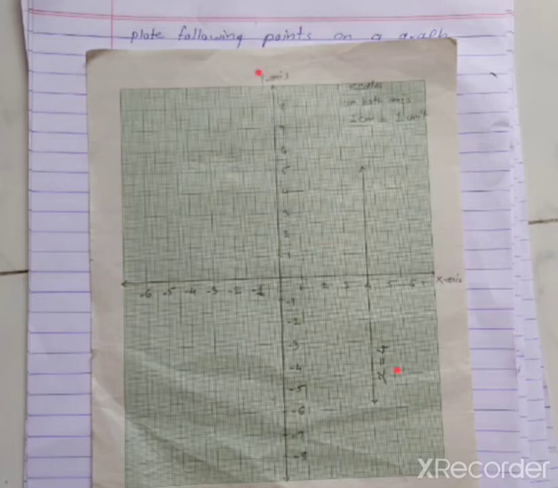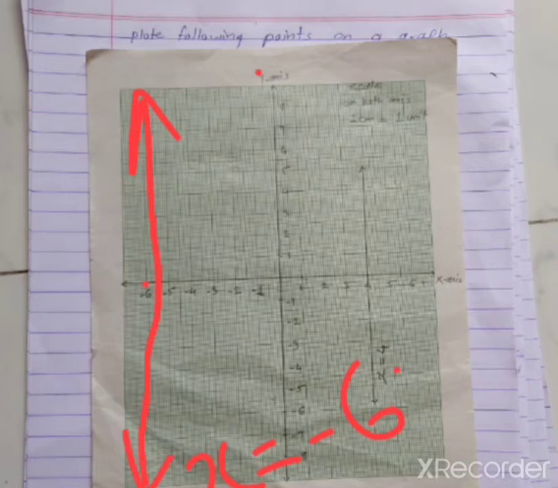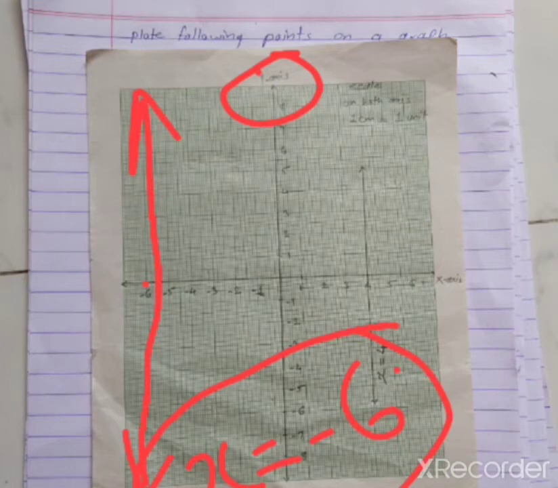So when the value of x is given, suppose the equation is given like x is equal to minus 6. So this line will pass through x is equal to minus 6 here. So again here you can see these both lines are parallel to its exactly opposite axis. So in some questions it is asked that the given equation or this given line is parallel to which axis. So its answer is its opposite axis, that is y-axis.